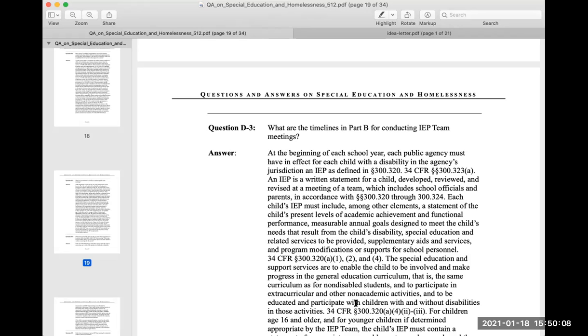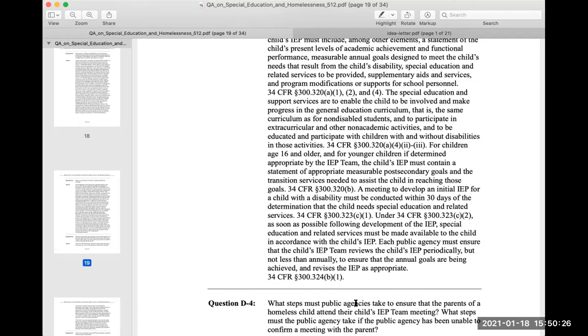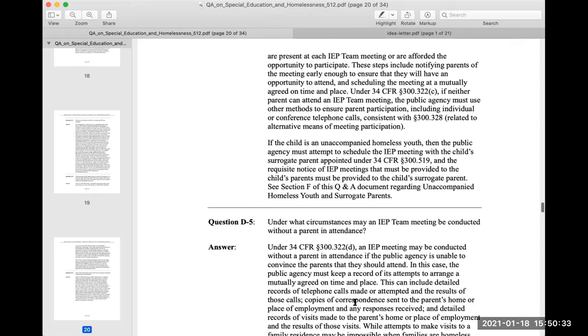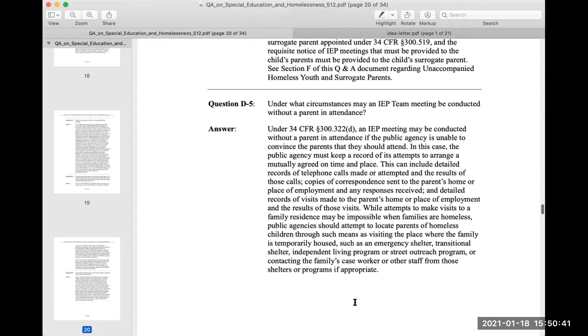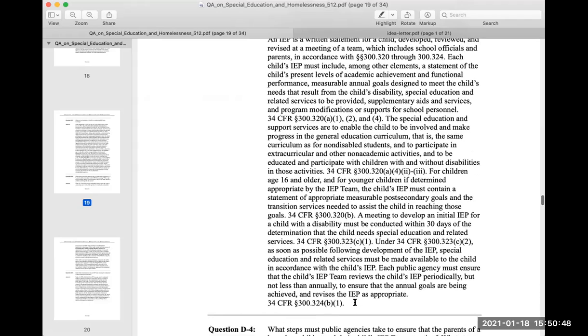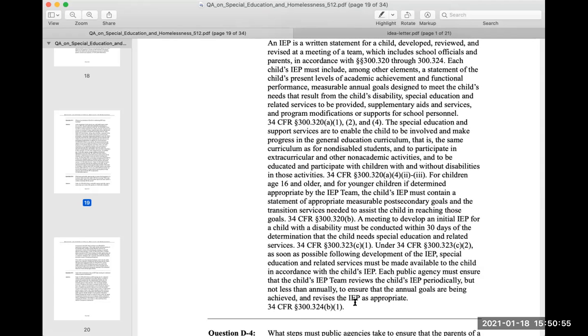34 CFR paragraph 300.320(a)(1), (2), and (4). The special education and support services are to enable the child to be involved and make progress in the general education curriculum, that is, the same curriculum as for non-disabled students, and to participate in extracurricular and other non-academic activities, and to be educated and participate with children with and without disabilities in those activities. 34 CFR paragraph 300.320(a)(4), (2), (3). For children aged 16 and older, and for younger children if determined appropriate by the IEP team, the child's IEP must contain a statement of appropriate measurable post-secondary goals and the transition services needed to assist the child in reaching those goals. 34 CFR paragraph